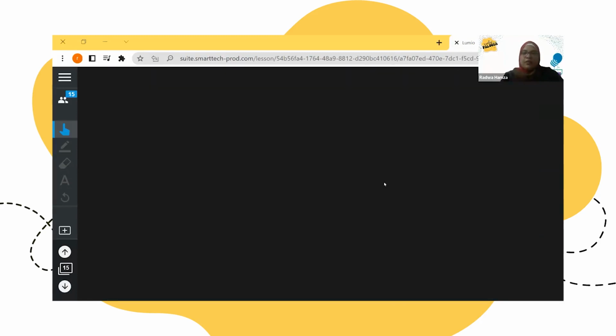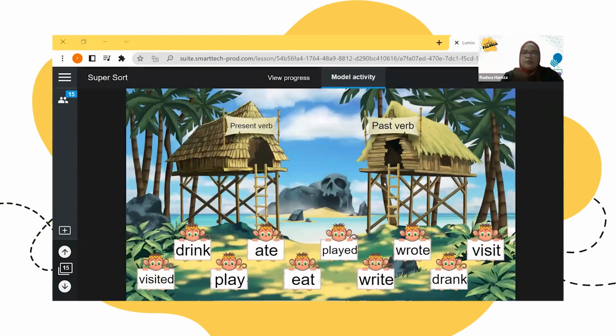Here, a nice theme. I like it so much. Here, you have the title present verb and you have past verb. The students have to match each verb with its past, like drink. Here, if you drag drink here, the past verb of drink is, yes, very good, drank.